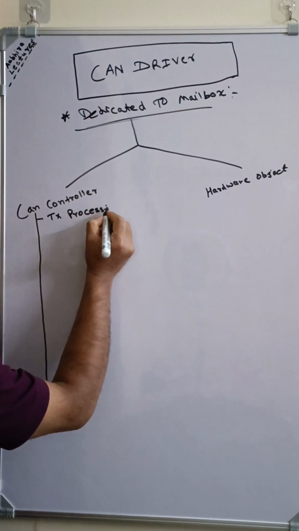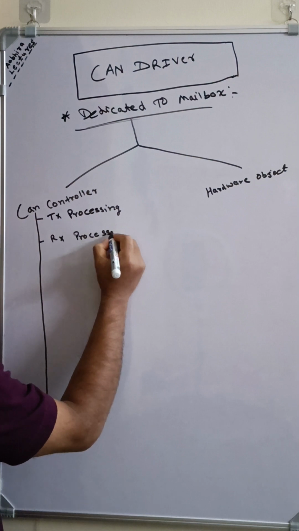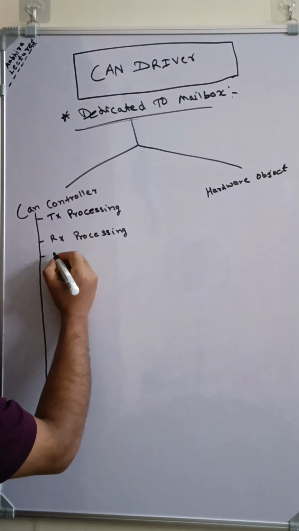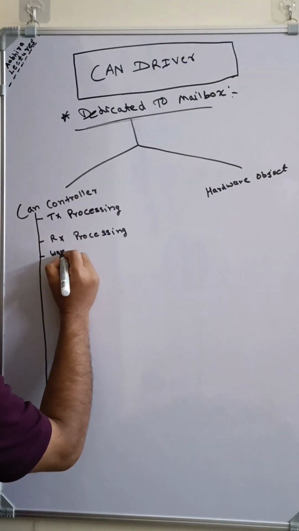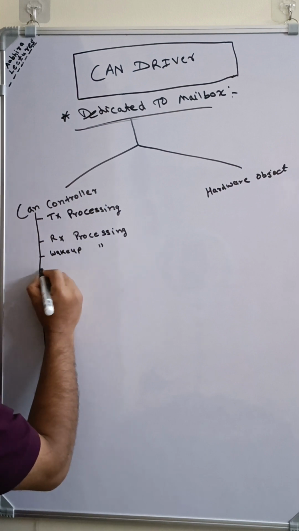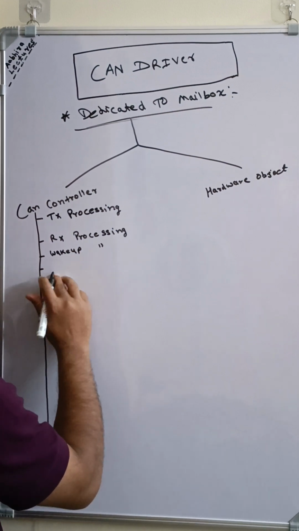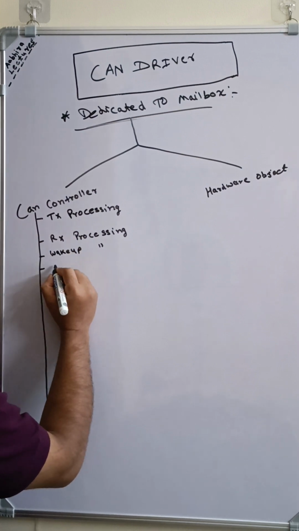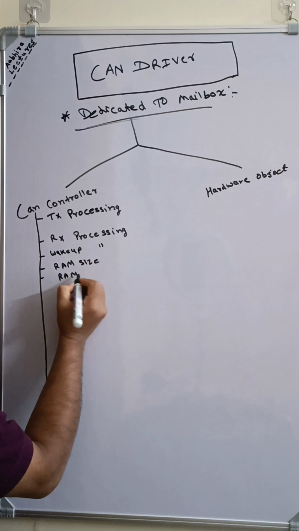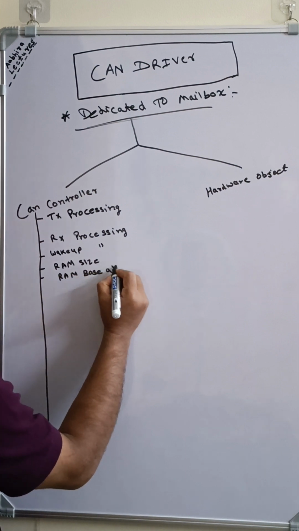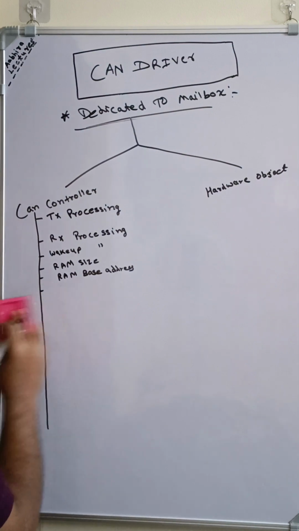TX processing, RX processing, wake up processing, and we have to give some references also. We have to give a RAM size, RAM address, physical value,